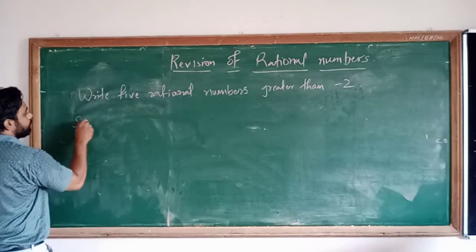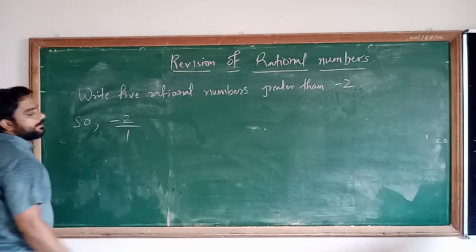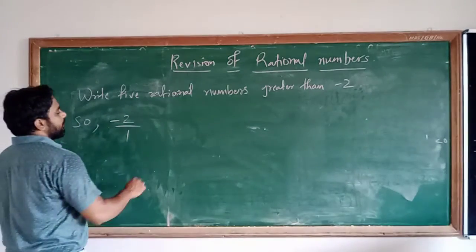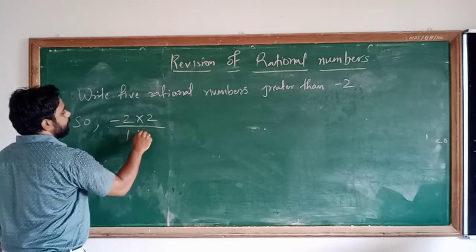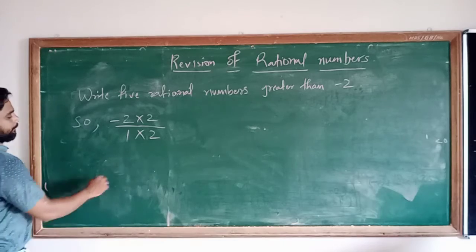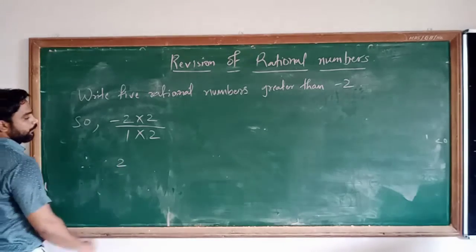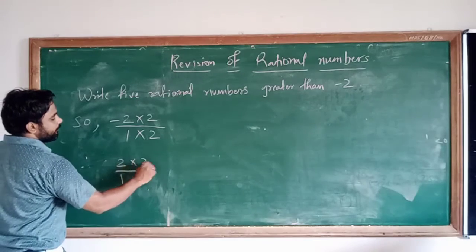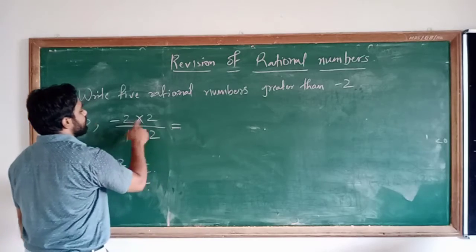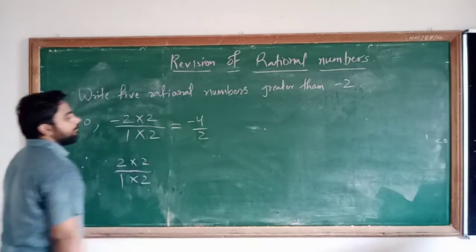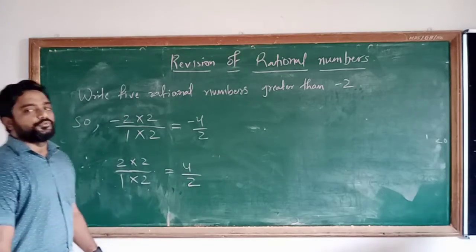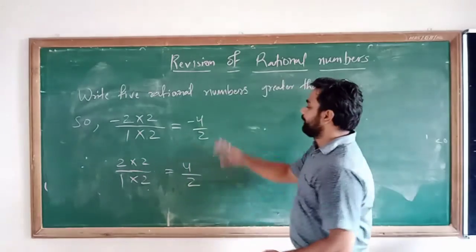That is, so instead of minus 2, I can write it as minus 2 upon 1 also. Understand or not? Okay. So what I will do? Multiply 2 with the numerator and 2 with the denominator. And another number I am taking 2. So 2 upon 1, that is multiplying with 2 and 2 with the denominator. So here how much I will obtain? That is 2 2s are 4, minus 4 upon 2, and here how much I will obtain? That is 4 upon 2. Now you have to write a number between these two.